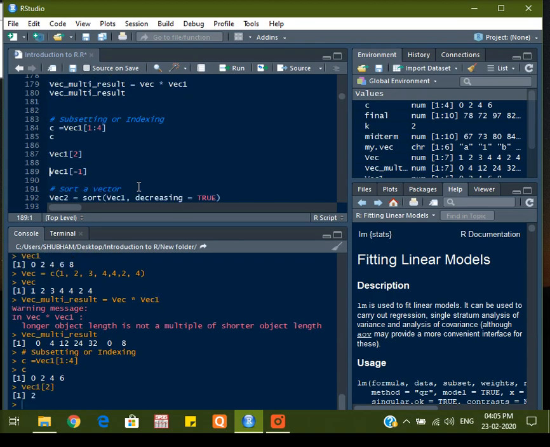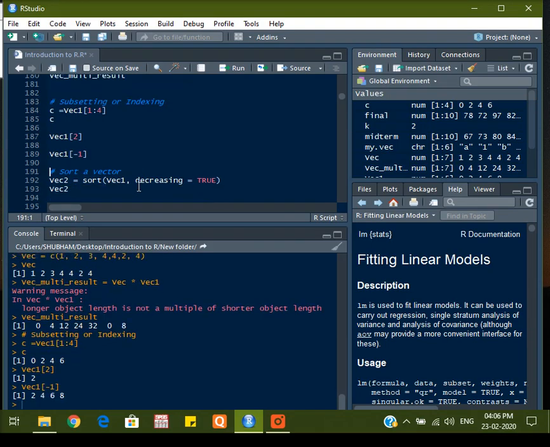Now suppose I want to remove the first element from the vector, which is 0. In order to do that, either I can write vec1 in square brackets 2 colon till the end, or I can just write -1. So -1 will remove the first element, which is 0, and now vector 1 consists of 2 4 6 8.